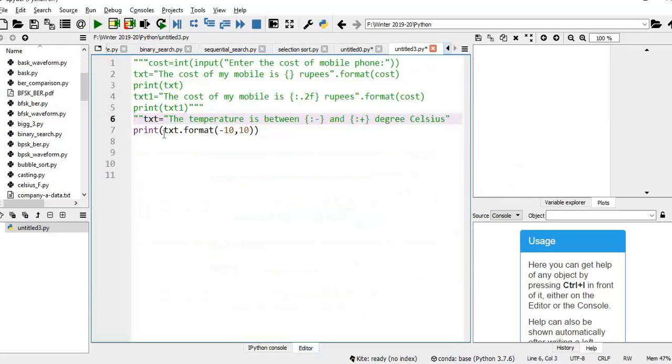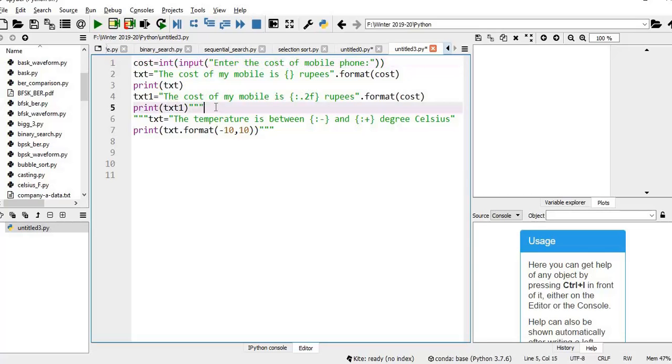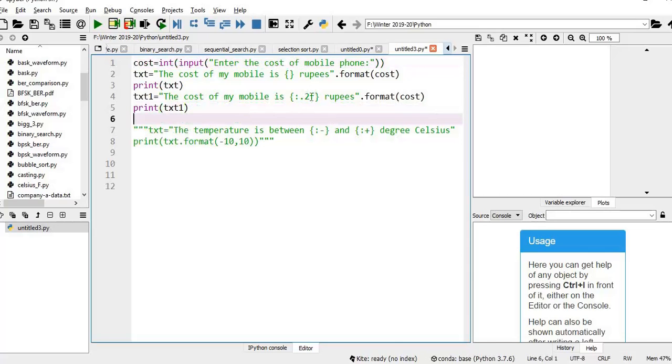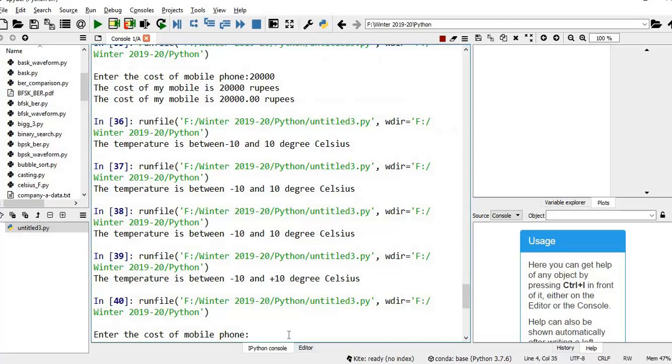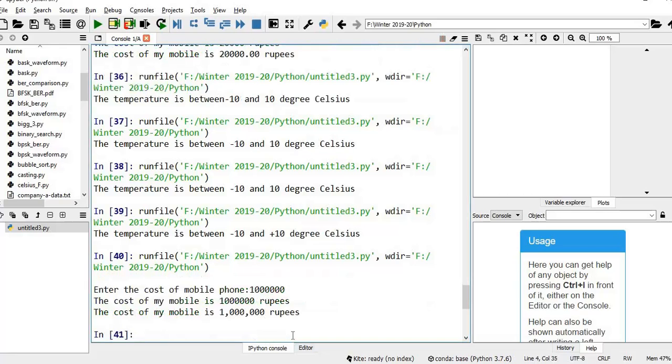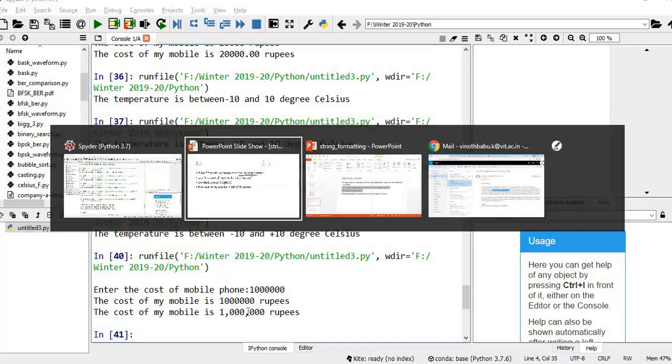Let me comment this. So what I'm doing here, I am using comma. Let me give 10 lakh rupees, 246. You just see, here without any commas the value is displayed, whereas here since I have used colon comma, the 1000 separator, it separates the thousands properly and displays it. We are controlling the string.